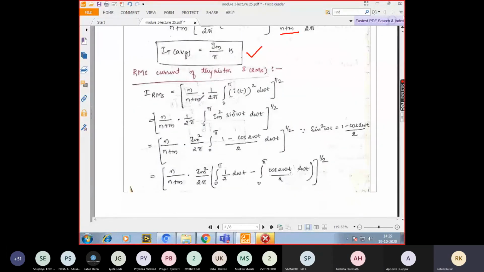So next one is RMS current of thyristor. Okay. Now we'll be calculating what is IRMS. So it is very similar to what we have calculated for V naught RMS. The thing is, instead of V of t or Vs, we will be using here I of t. Okay. And it is the RMS current of thyristor. So the limit also changes.